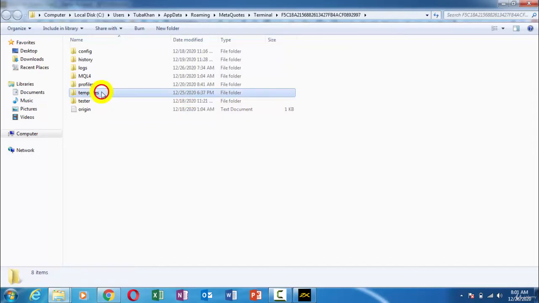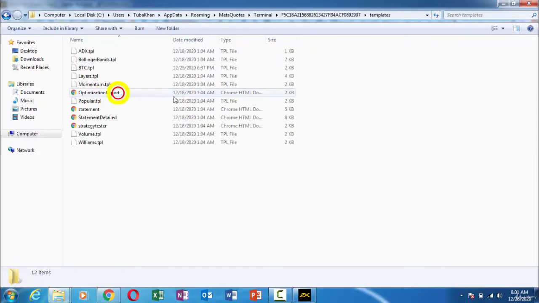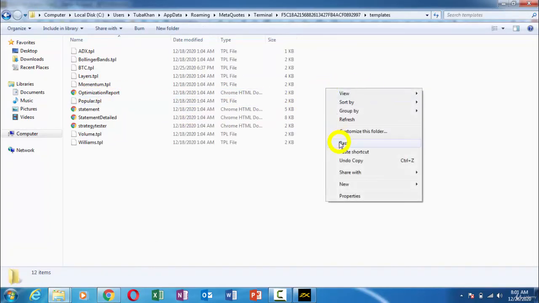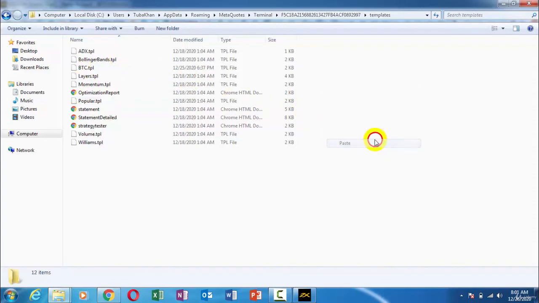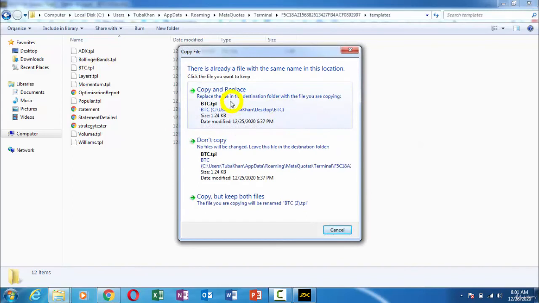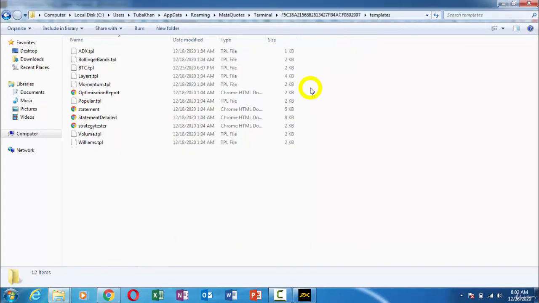After going to Templates, just right click and then click on paste. I already have this file here, so it will give me the same option, copy and replace. All you need to do is paste your file here.